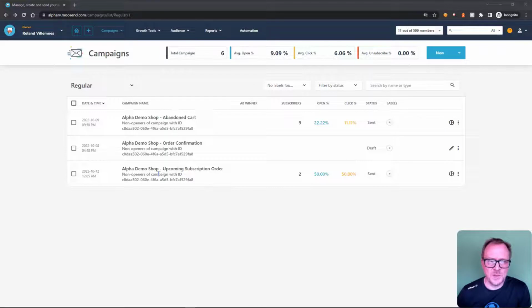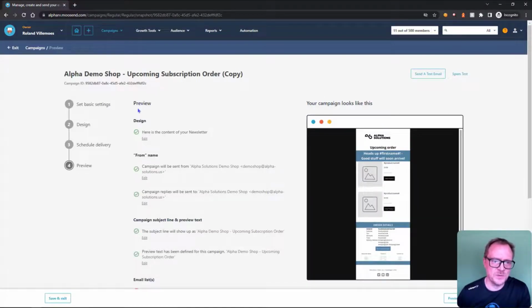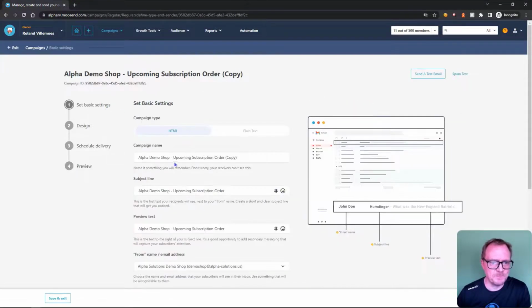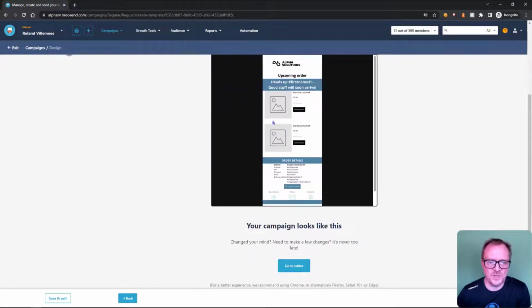Now let's take a look at how we build those emails. This is Sitecore Send. I'm just going to duplicate the campaign and the email template used for it, so we don't mess up the one that's running. Let's take a look at how we build those in this editor. It's basically what you would expect, but it's very, very easy to build up emails. Let's go to the editor.